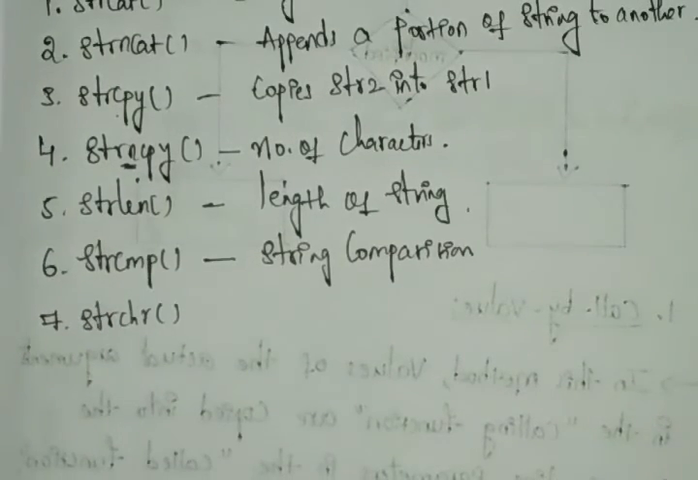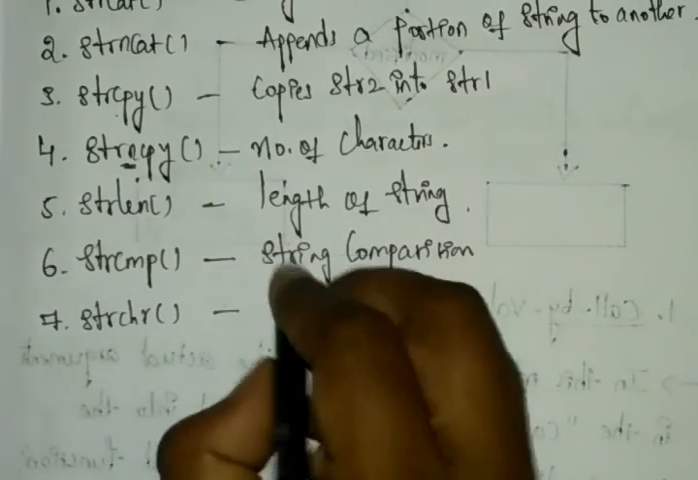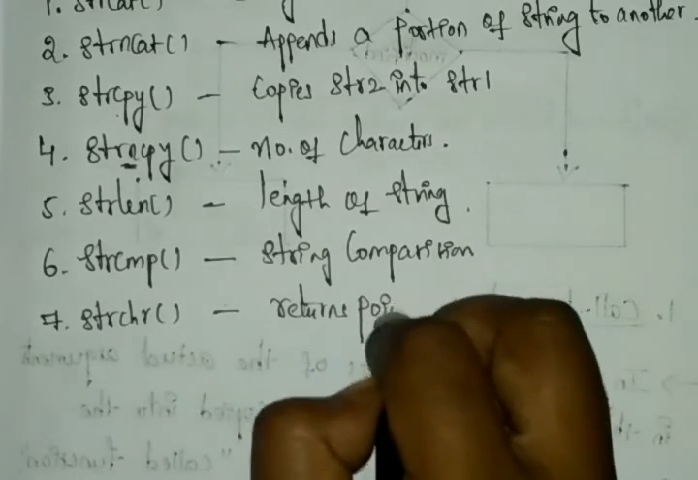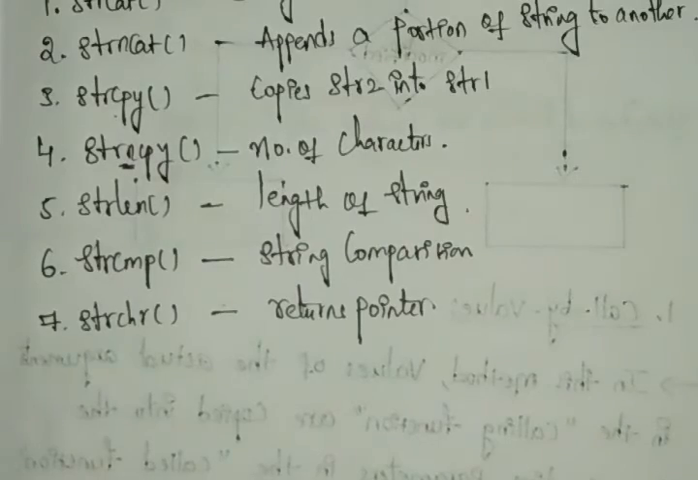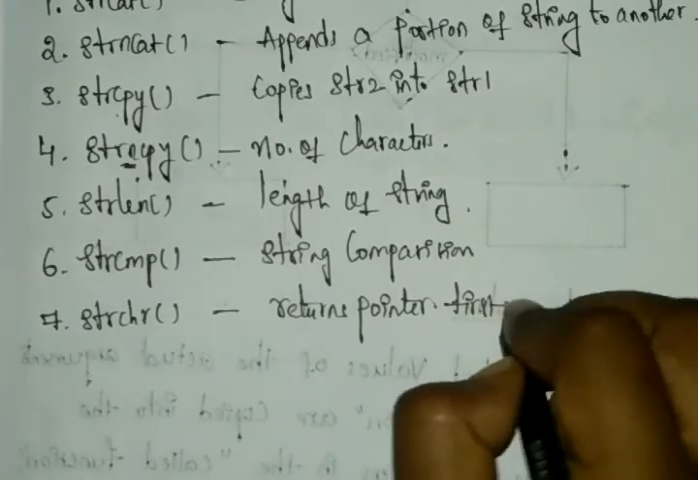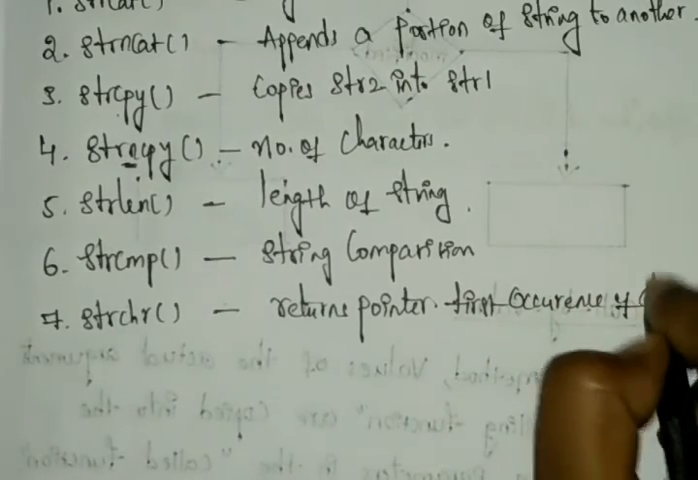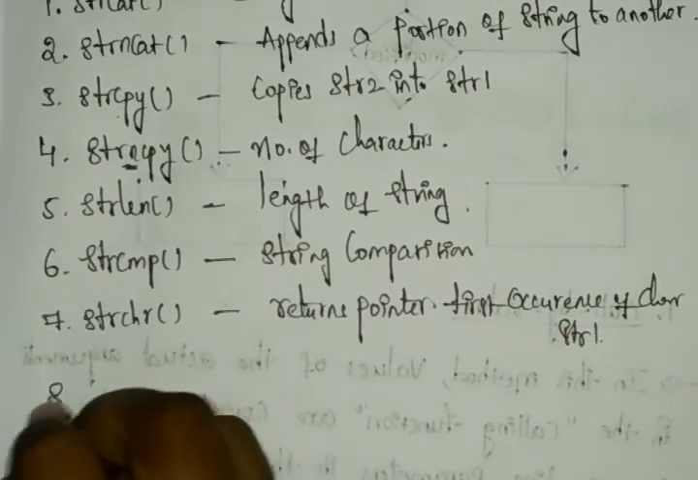It returns the pointer to the first occurrence of the character in our string. Whatever pointer you have, it returns that pointer to the first occurrence of the character in our string 1. And next here we have the